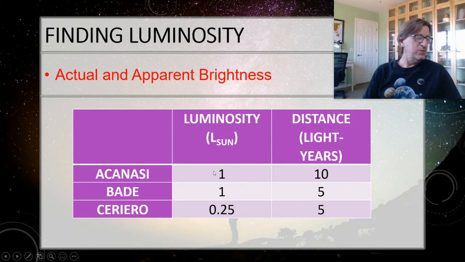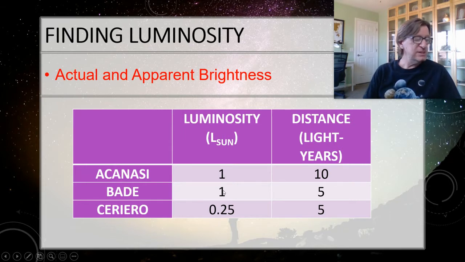All right. So look at your questions in your class notes. Which star is actually brighter, A, B, or neither? Pause the video and think about that. If we're talking about actual brightness, are we talking about the luminosity, or are we talking about its distance? We're talking about its luminosity. So this is its actual brightness. Both of them are the same brightness as the sun. So in this case, the answer is neither. They're both one solar luminosity. They're exactly the same brightness. Do you see that?